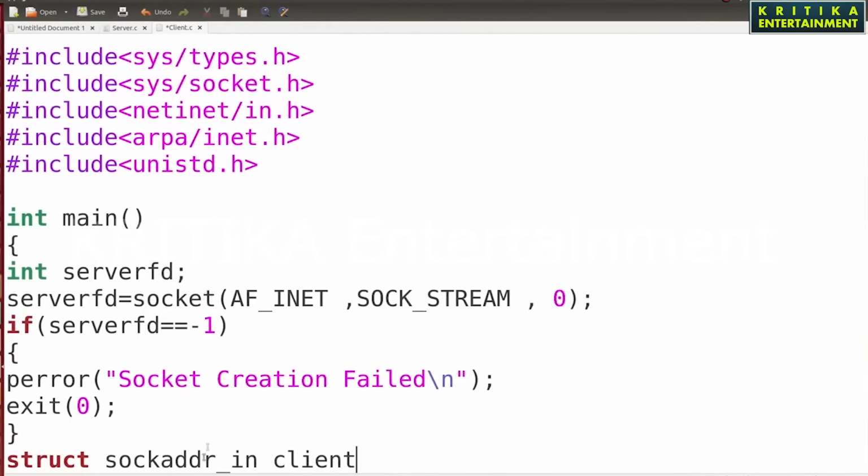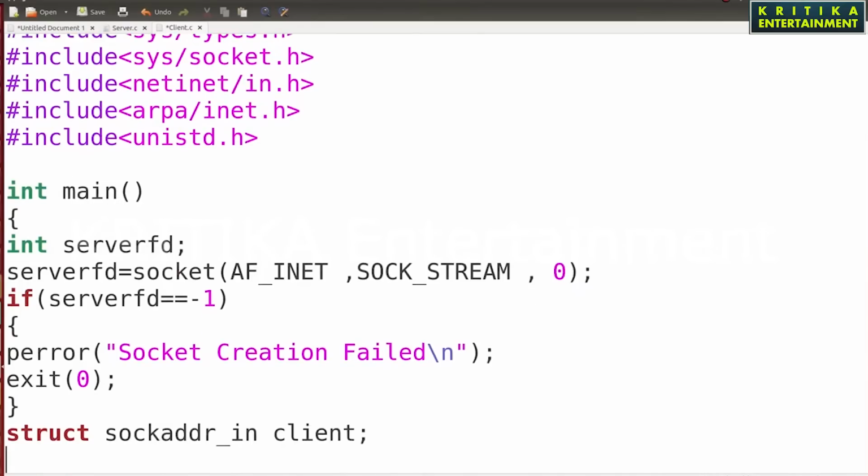In the client side, you need to declare only one variable, that is the client, and also you declare the server, because the client will try to connect to the server.